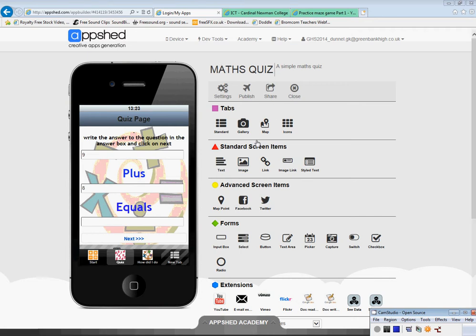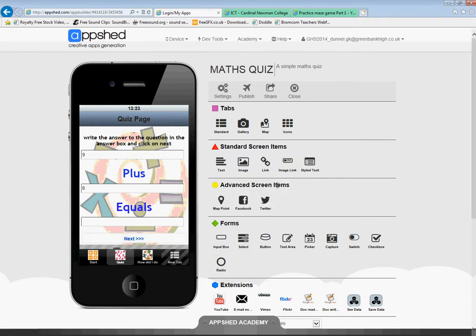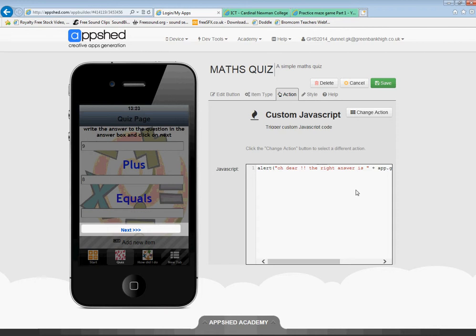Now clearly when the person clicks on next, I want it to tell them what the right answer actually is. So what we need to do in the program is work out what the right answer actually is. Now if I go onto the button and I click edit and I go to the action in here,